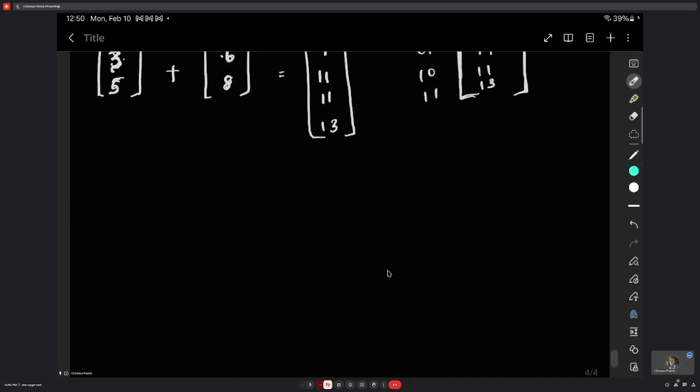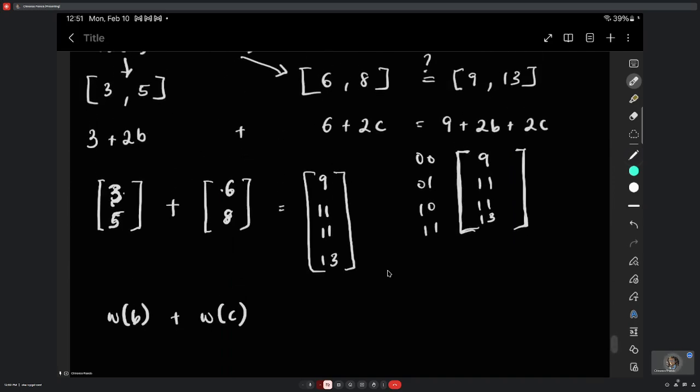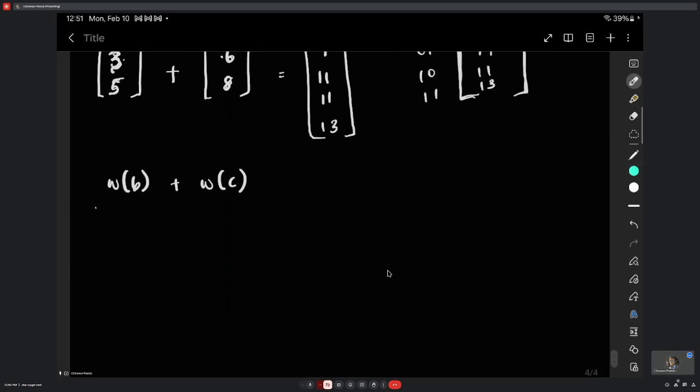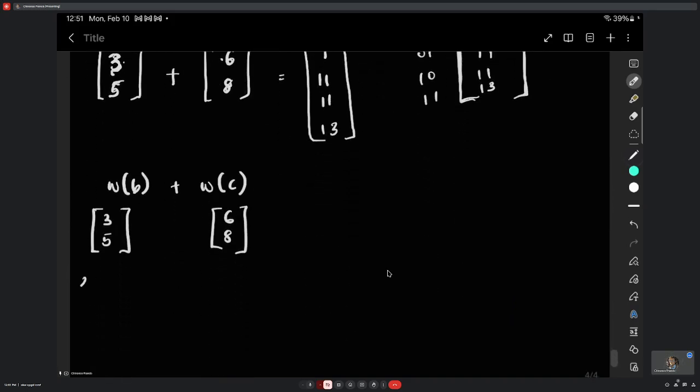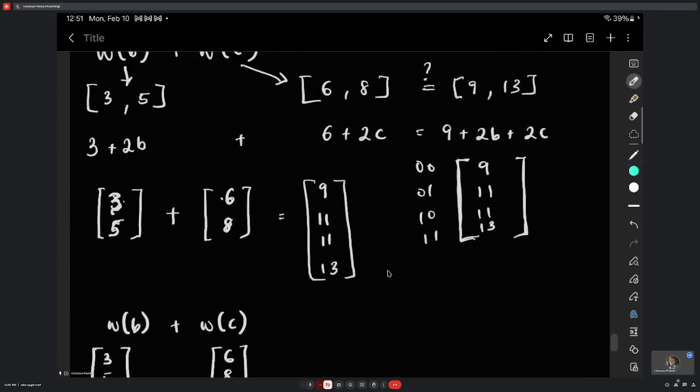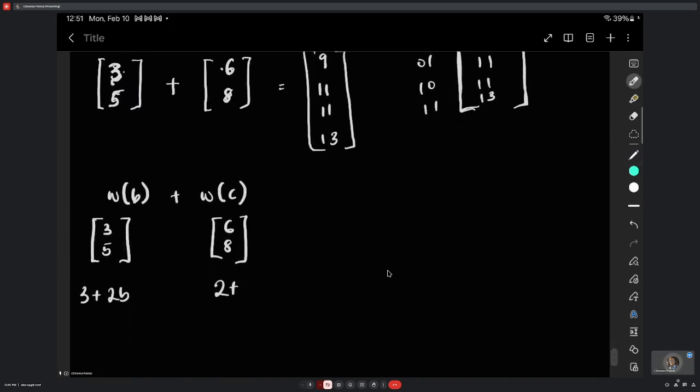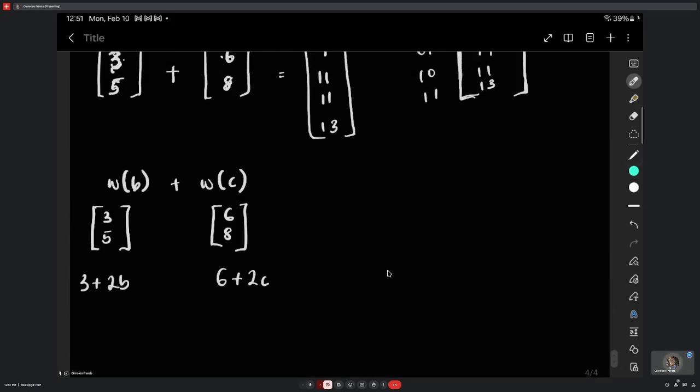And we have WB plus WC, which is 3, 5, 6, 8. That is 3 plus 2b and 6 plus 2c. But in order for us to do element-wise addition,